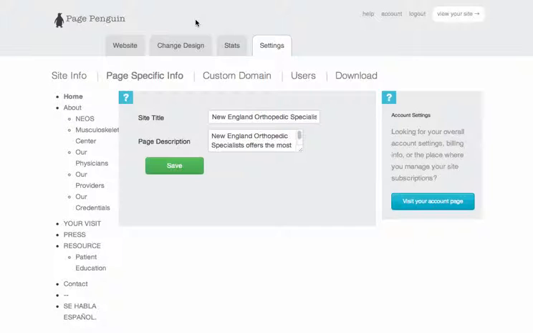The site title appears at the top of the browser. It's probably something you've never noticed before. The main importance of it is for search engines. So if Google is trying to index your site, it ranks the site title pretty high. So it's quite important. And the page description actually does not affect your search ranking, but it is the information